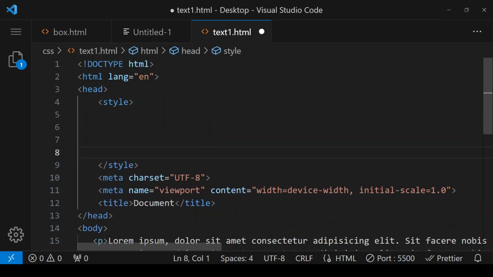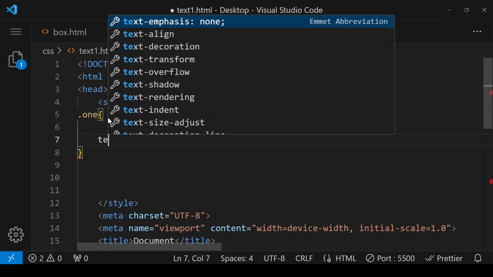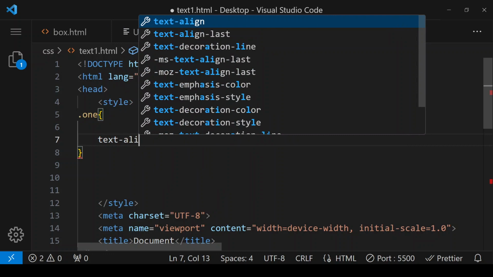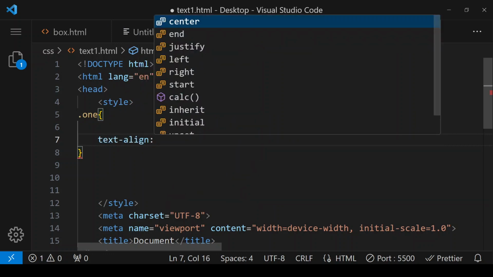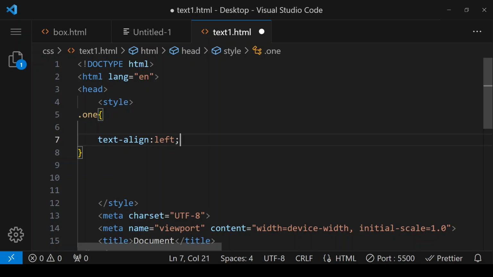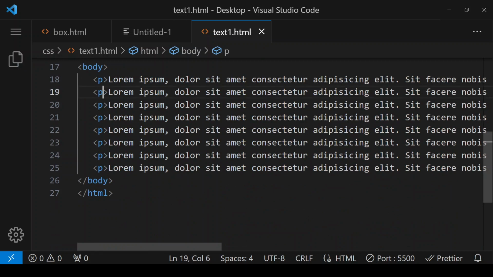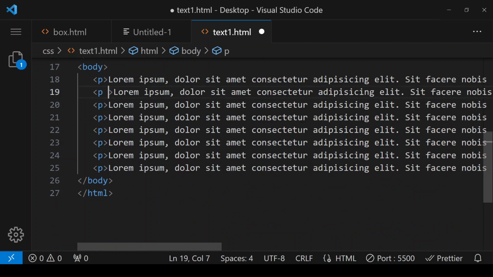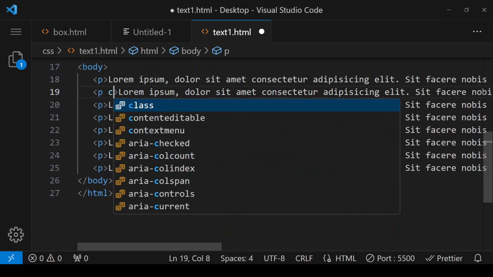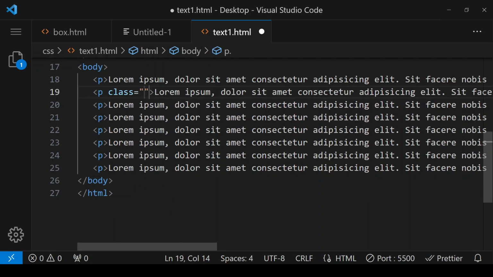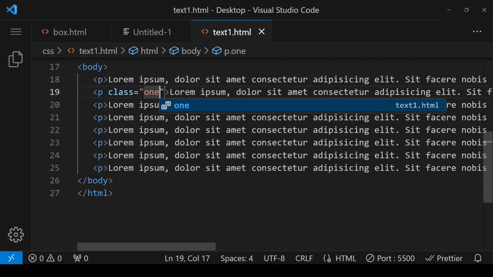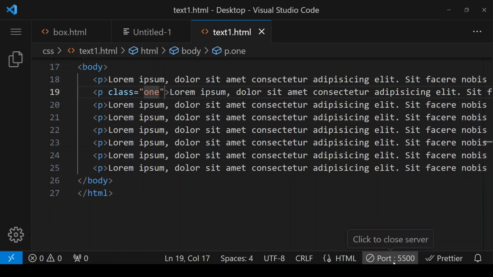And here I'm creating class 1, and here I'm giving text-align. The very first value for it is left, which is used to left align your text. And we are assigning this class to our second paragraph. We are not doing anything with our first paragraph. Class equals 1. Save it, and we can see its effect